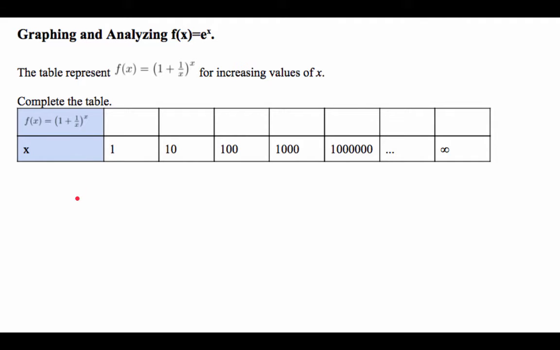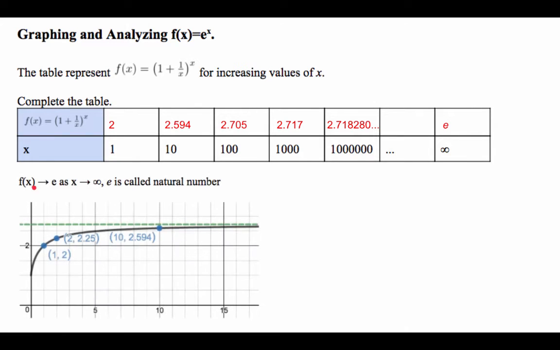And could you pause the video quickly and fill it in for me? If you did what I asked you to do, you would have gotten these answers right here. And this you would not be able to do, but what you would have noticed is that as the x goes to infinity, it seems to be approaching number 2.718, and then it really slows down over here. Well, that number that it's approaching is called E. As x goes to infinity, f of x approaches the value called E, and this E is called a natural